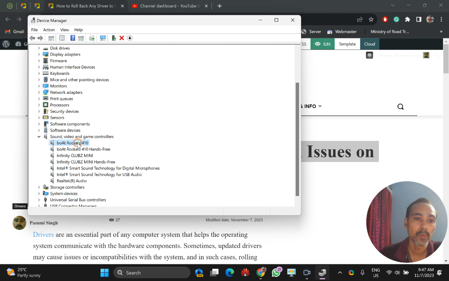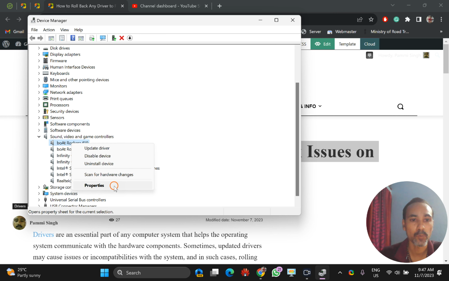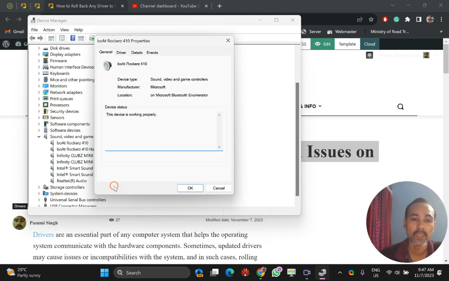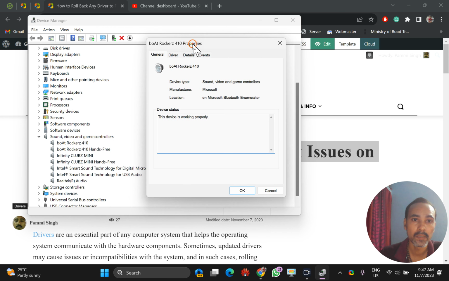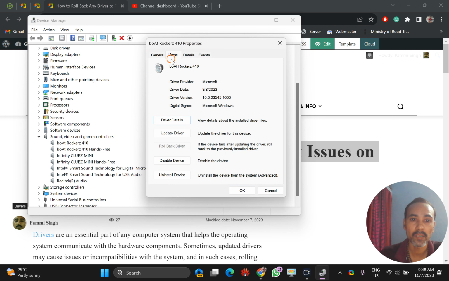Then you need to select the device, right click on it and choose the properties option. Once you select properties, this window will open. Here you will find the driver tab. Click on it and you will find the roll back driver option. You need to click on it to roll back the driver.